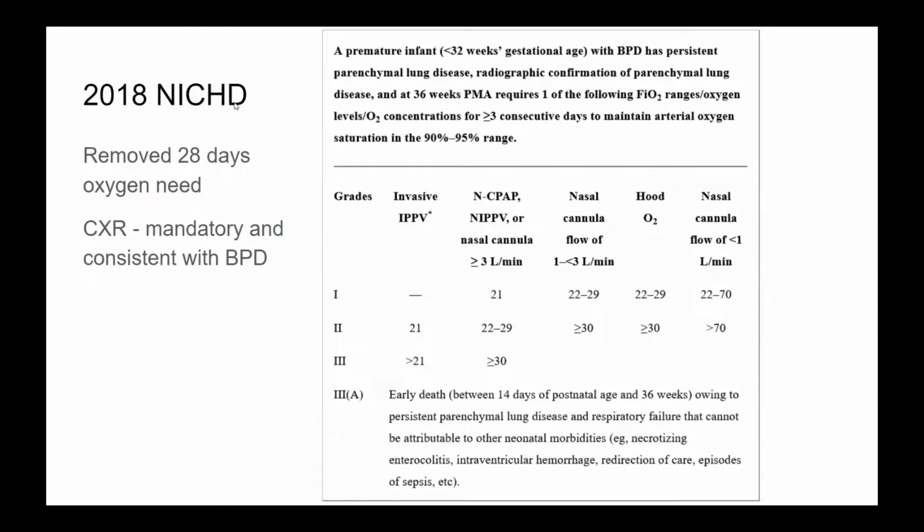So this is the updated 2018 NICHD consensus classification. Previously, they said baby has to be continuously on oxygen for 28 days, and then we reassess the baby at 36 weeks post-menstrual age. In the 2018 consensus statement, they removed that 28-day requirement for oxygen. But they said that baby at 36 weeks, when we evaluate, has to be a preterm baby born at less than 32 weeks gestation. The baby should be symptomatic with tachypnea, chest retraction, should have a chest X-ray finding which is consistent with BPD and require any one of the oxygen or respiratory